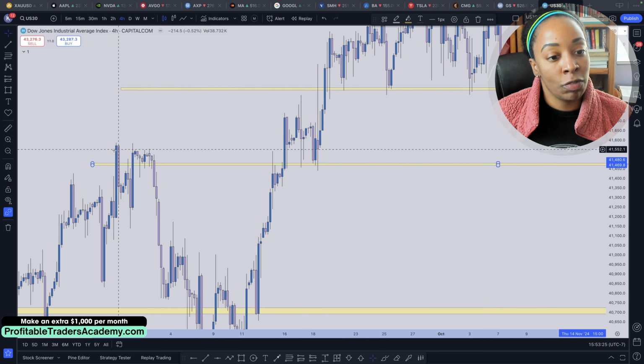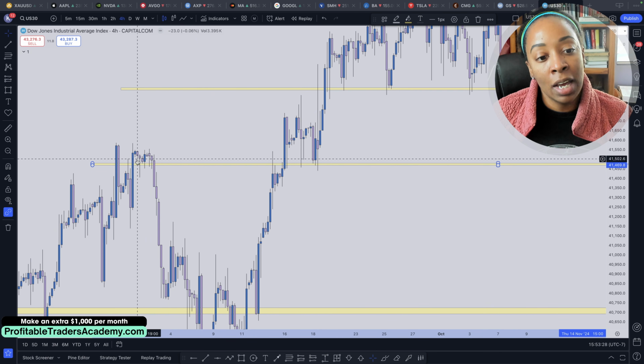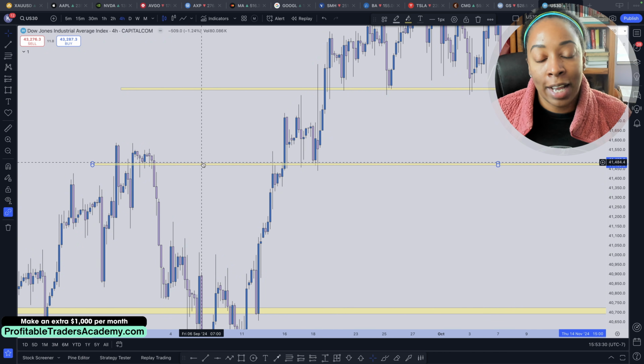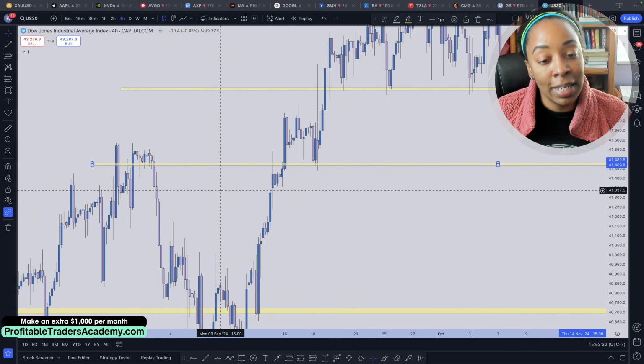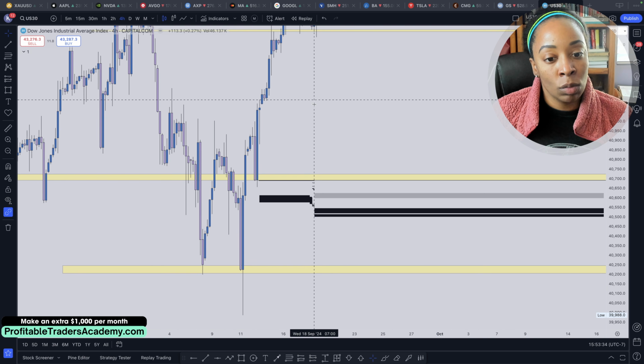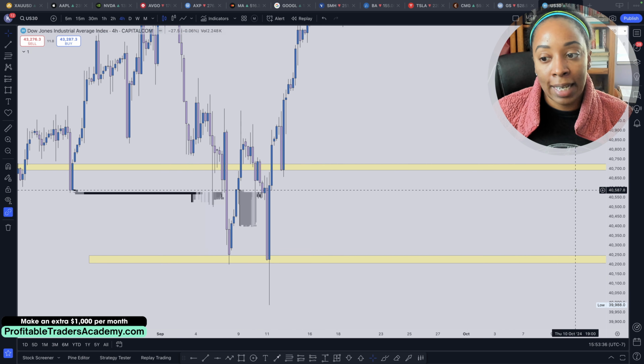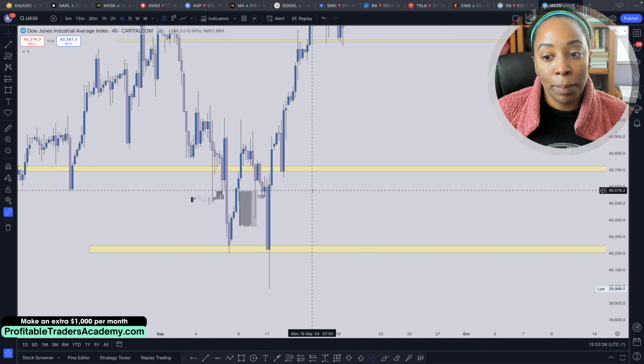We kind of have some sort of fake out right here, but that's okay because we do have market structure that has formed after that. So that looks good to me. And now let's go down to this level and just take a look and see how we may want to